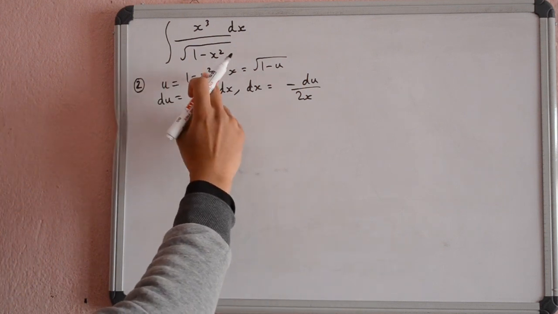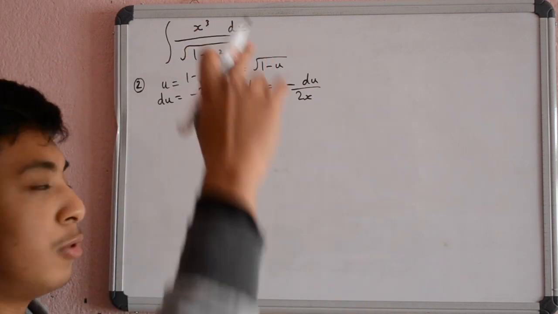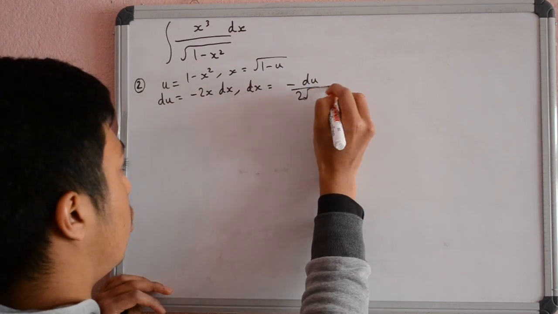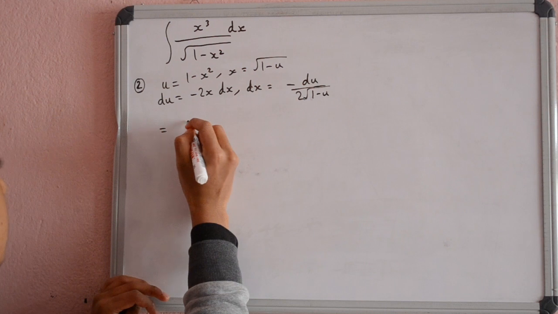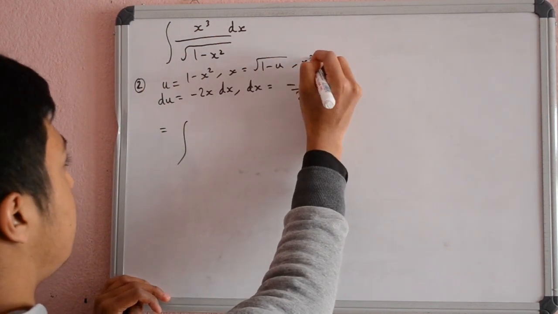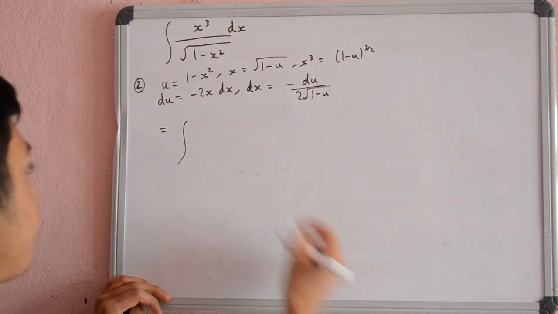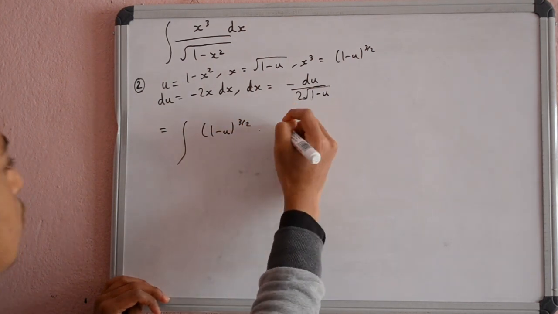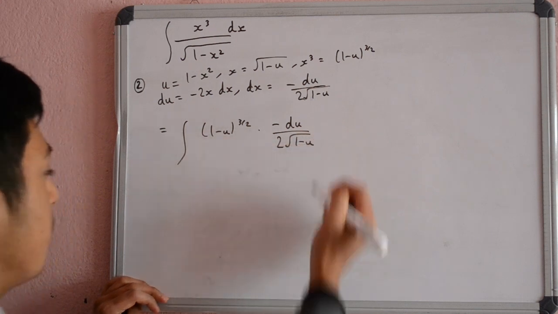So from here we can get that x equals 1 minus u whole root, right? It goes over there, that goes over there. x squared equals 1 minus u, and just root both sides, x equals root of 1 minus u. Now put that in this integral, you have x cubed. So x cubed will simply be 1 minus u to the power 3 by 2. So you'll get 1 minus u to the power 3 by 2 into minus du by 2 root 1 minus u, and